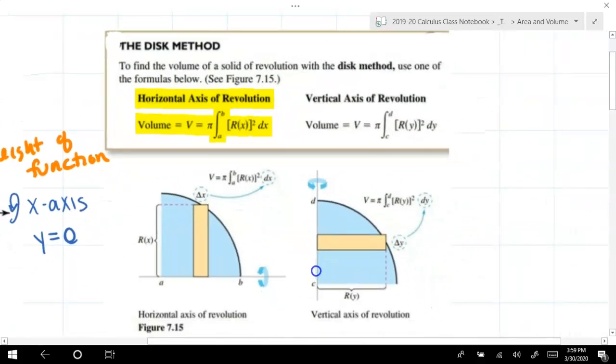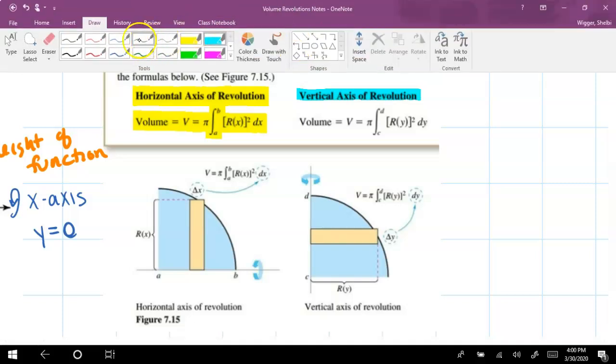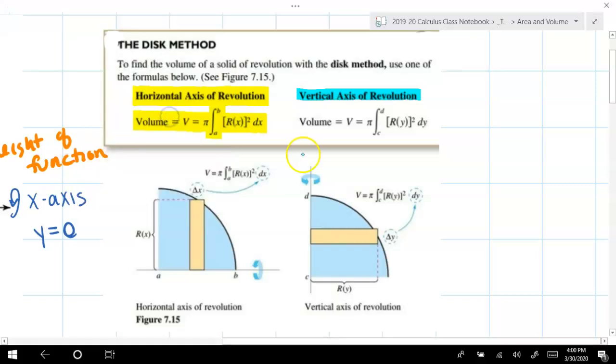A vertical axis of revolution, revolving around a vertical line, such as the y-axis, which has an equation of x equals 0. Well, then we use the y's for the boundaries. We go from c to d. And the radius of this circle is the height